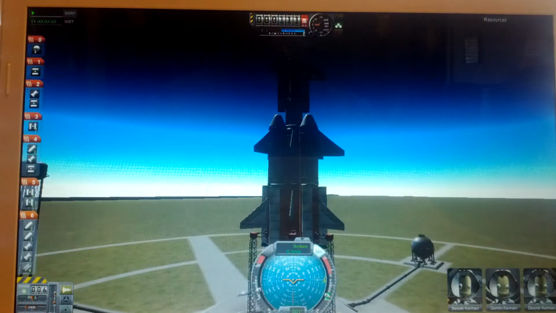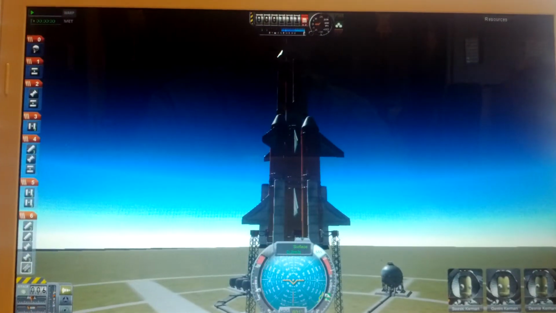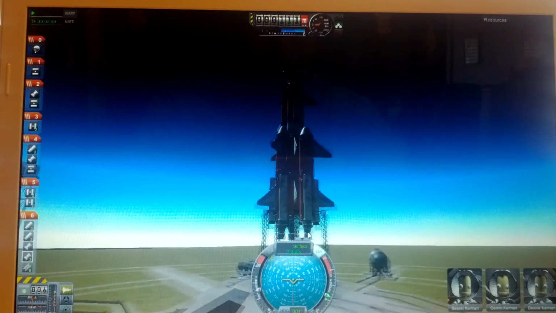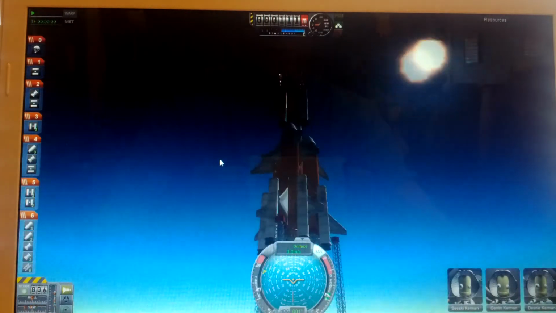So when you press spacebar, since we have all these stages set up correctly, these will release and these will fire all at the same time. All these engines down here. So without further ado,